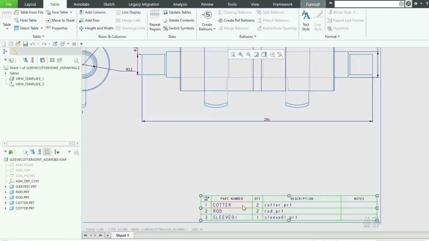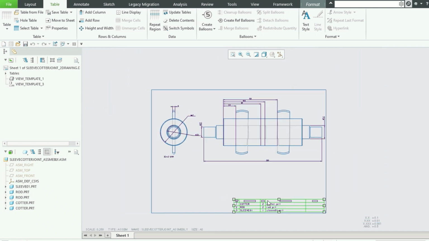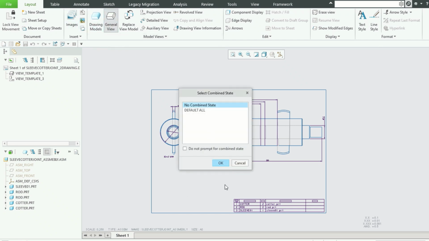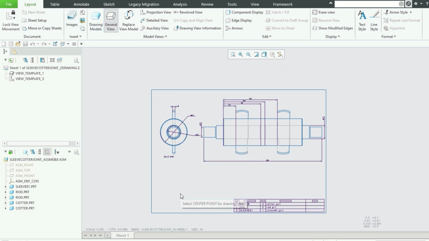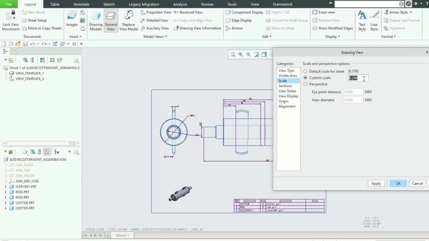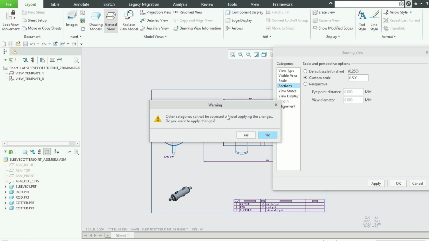Here we have 3 parts. One is sleeve, rod and cutter. 2 numbers of rod, cutter and rod. Okay, and if you want to insert a 3D view of this assembly, click here and choose isometric, and if you want to scale up, you can give up to 0.5. Okay,